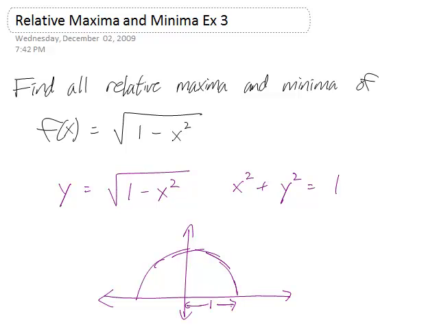And so it's pretty easy to see that the relative maximum is going to be here and the minima are going to be here. So we should keep that in mind. Another thing to keep in mind is that this function only really has domain -1 to 1. So just be careful about that. Anyway, let's